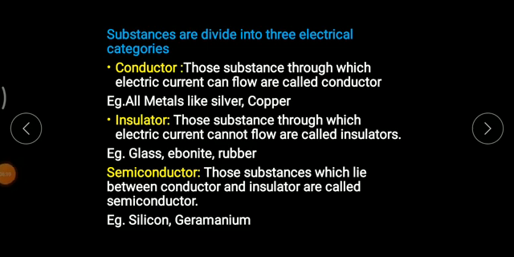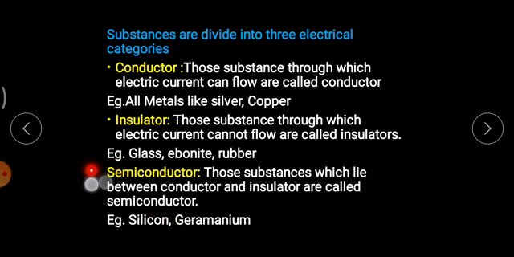Now, semiconductors: those substances which lie between conductors and insulators are known as semiconductors. Those which allow flow of current, flow of charges, are conductors. Those which do not allow it are insulators. Those substances which have properties in between conductors and insulators are known as semiconductors, like silicon and germanium, which are certain examples